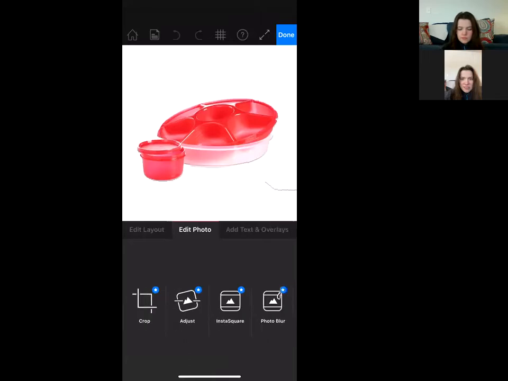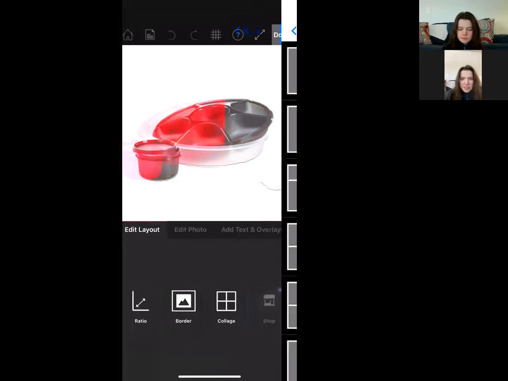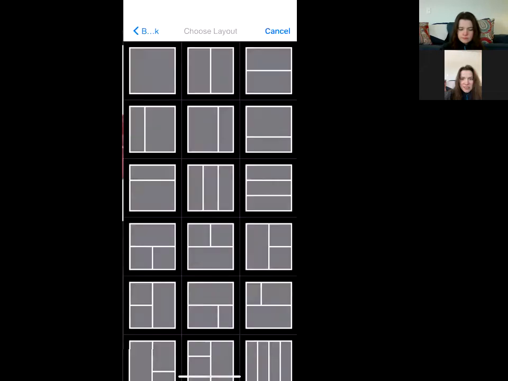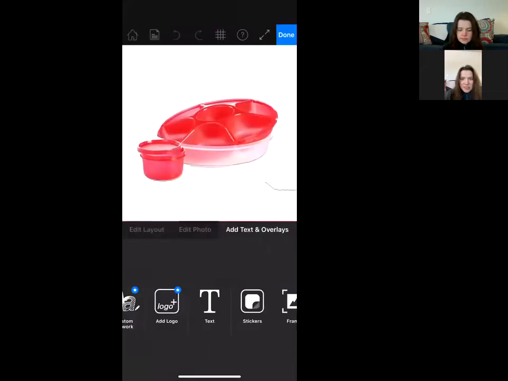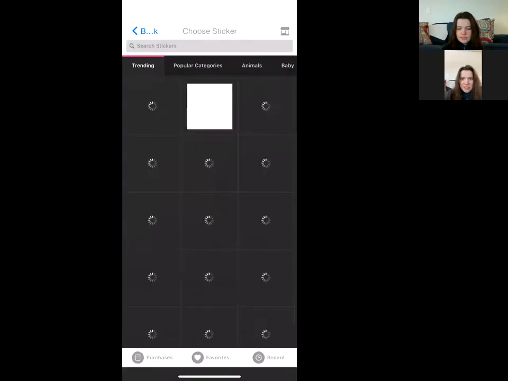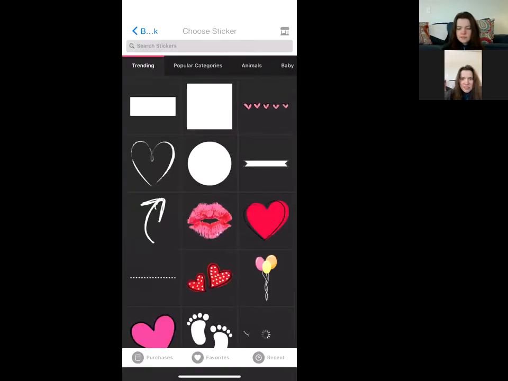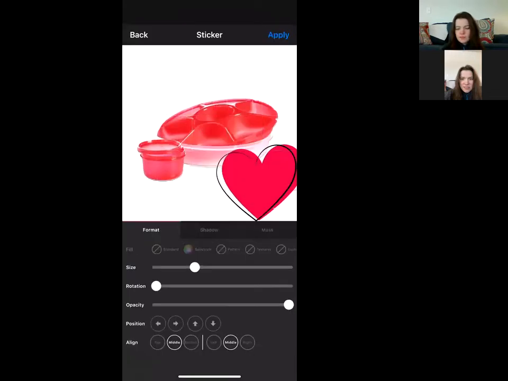You can edit the photo, you can edit the layout, you can add text. This one you can add a sticker too, so say you wanted to add a heart, you can add your heart to it. This one you cannot add a picture over it. So if you want to add your Geppetto or your cutout image, I would not use Photofy, but if you just want to play around with just the images that you guys are finding on your back office,